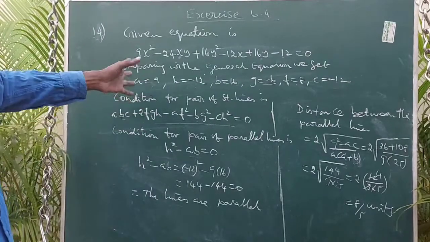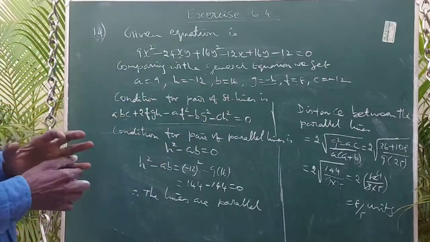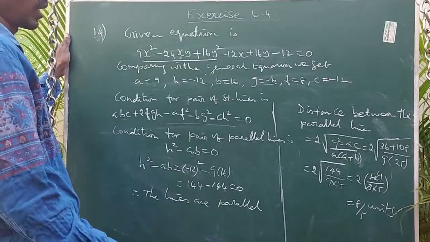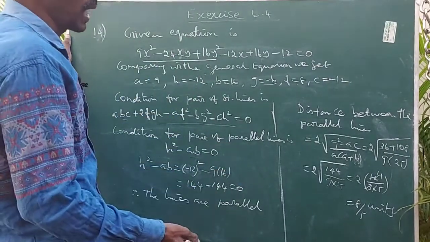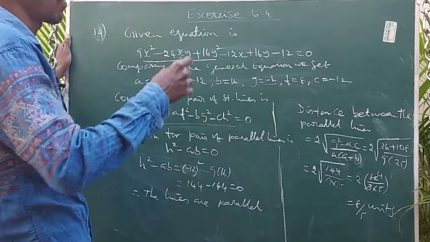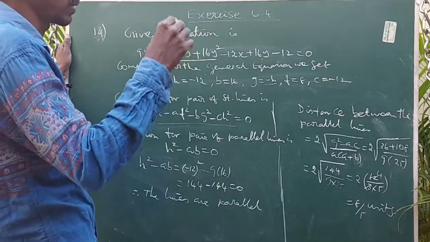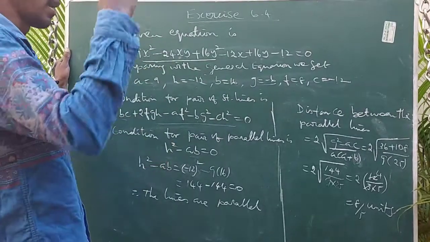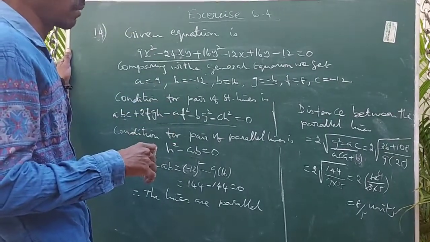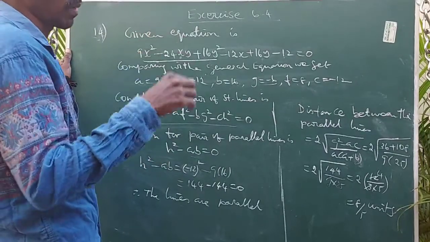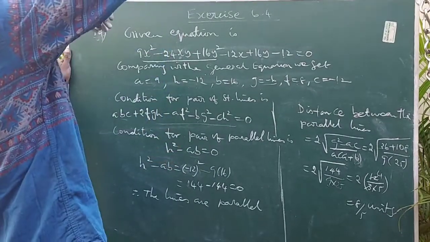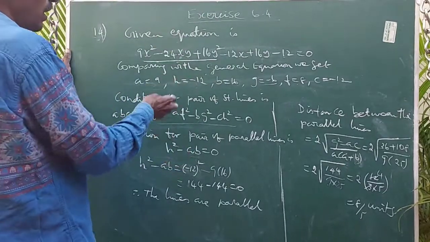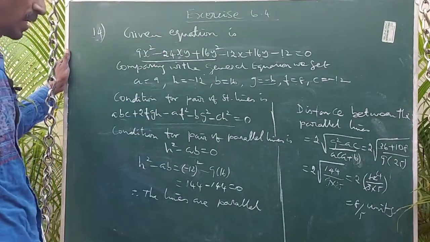Wait my student. If you want, you can use the ordinary formula for the distance between parallel lines by factorizing the given equation and finding the separate equations. They may be in the form ax + by + c1 = 0 and ax + by + c2 = 0. Already we know the distance formula for parallel lines: modulus of (c1 − c2) by root of (a² + b²). If you want, you can use that formula, but for that you need to find the separate equations.